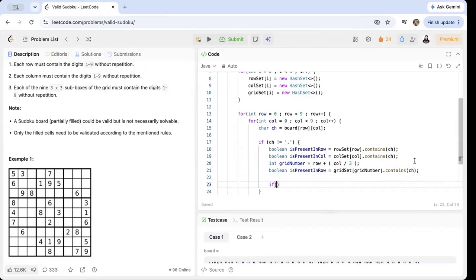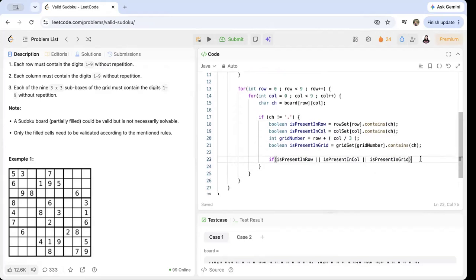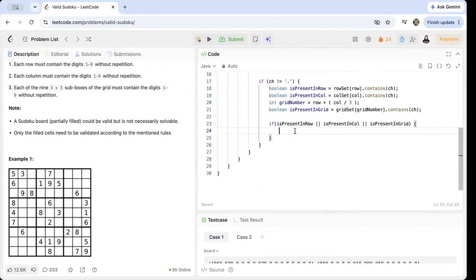Now, if my element is present anywhere, either in row or in column or in grid, then we know that it is not a valid Sudoku board, right? So then here we return false immediately. Else what happens is